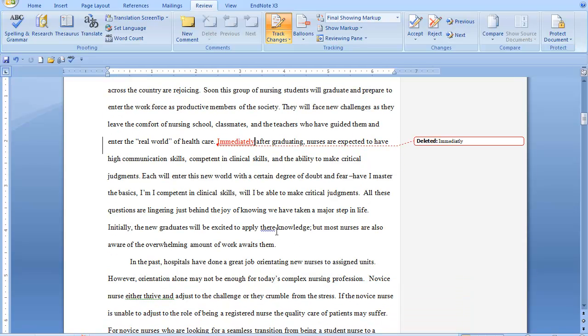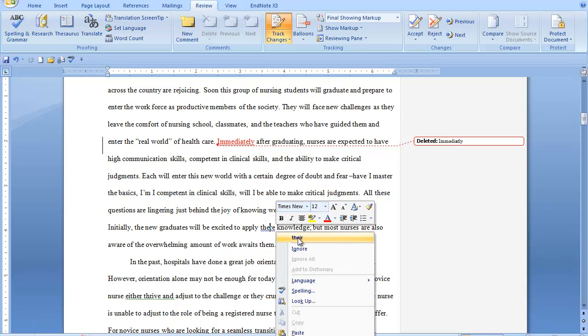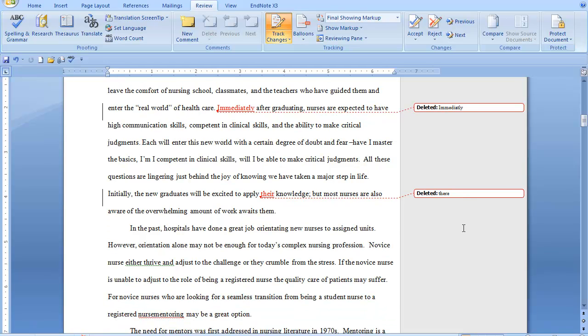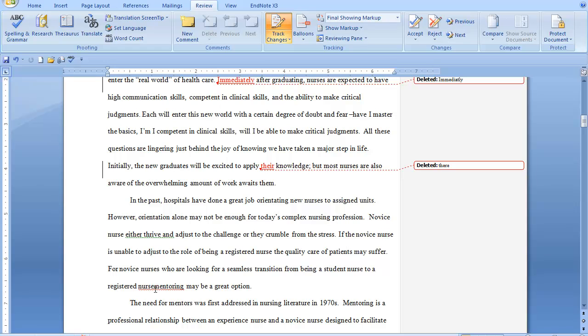Oh, here we go. Here's another one. Here's the word there. So again, I right click and I insert the correct there, and again I have my vertical line here with the deleted there on the right hand side of the page. I'm scrolling down and I see a term, nurse mentoring. Nurse mentoring. I know that's not a word. So what I'm going to do is I'm going to go ahead and hyphenate it,